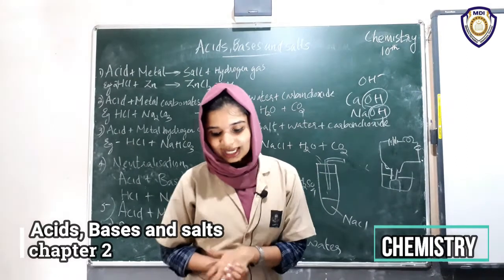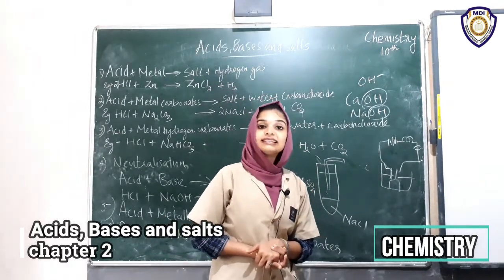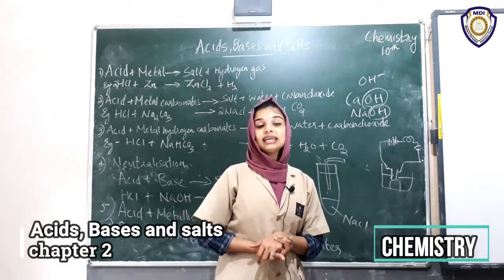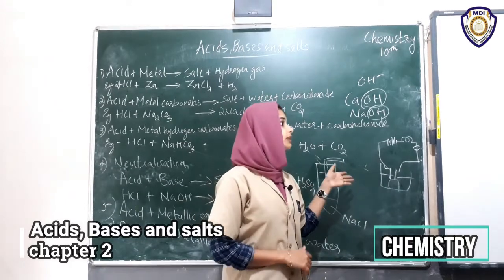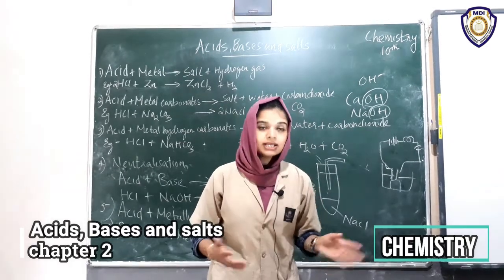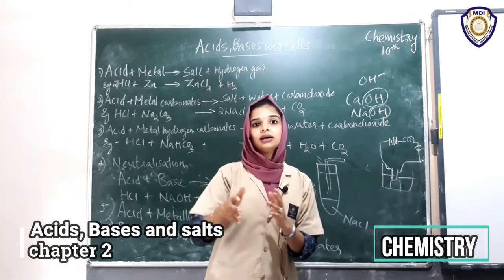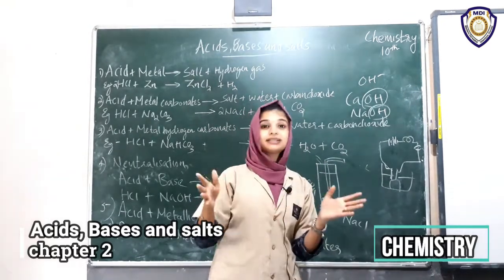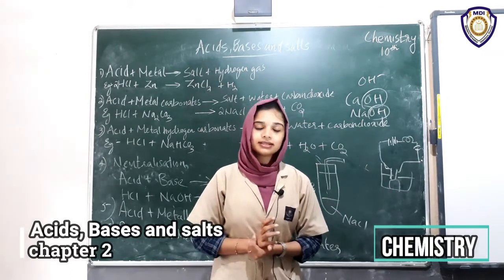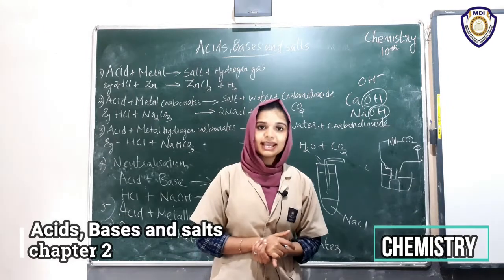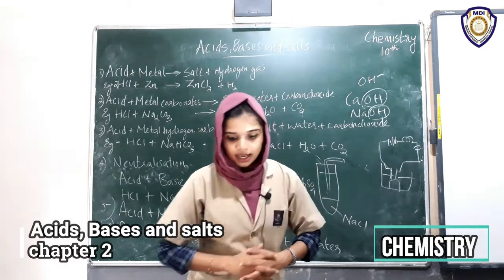So from this we can conclude that the acid gives its ions only in the presence of water. In the case of wet litmus paper, there is water, so the H plus ion will get separated in the presence of water. In the other case, there is dry litmus paper, so the H plus ions in the HCl never get separated.